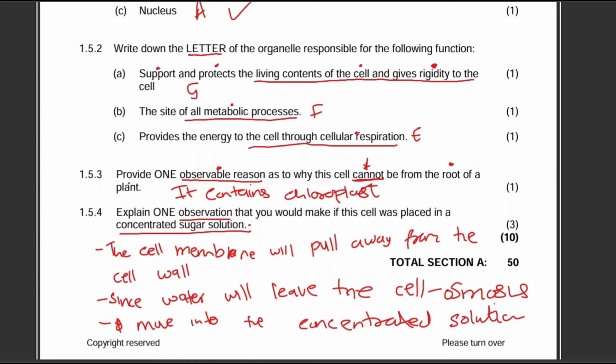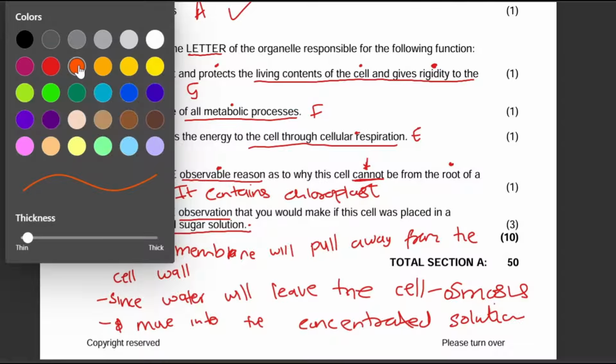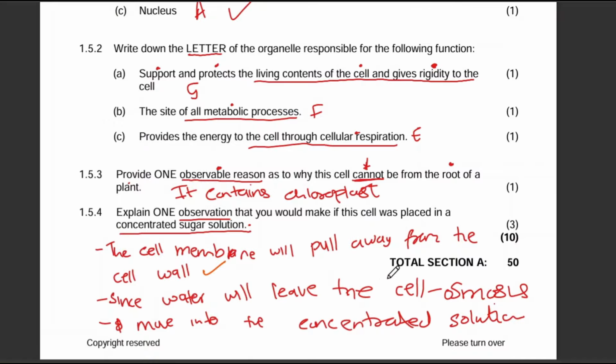So this is actually 3 marks. How would this be marked? From the cell wall, from leaving the cell, and